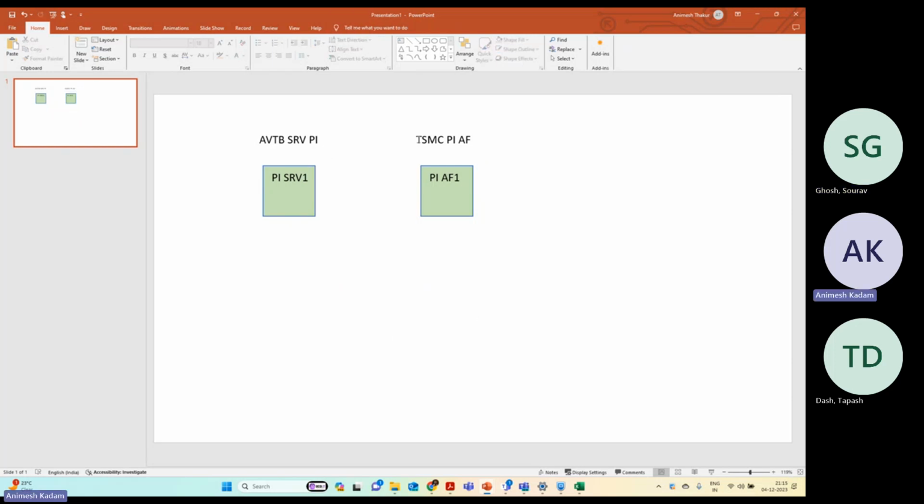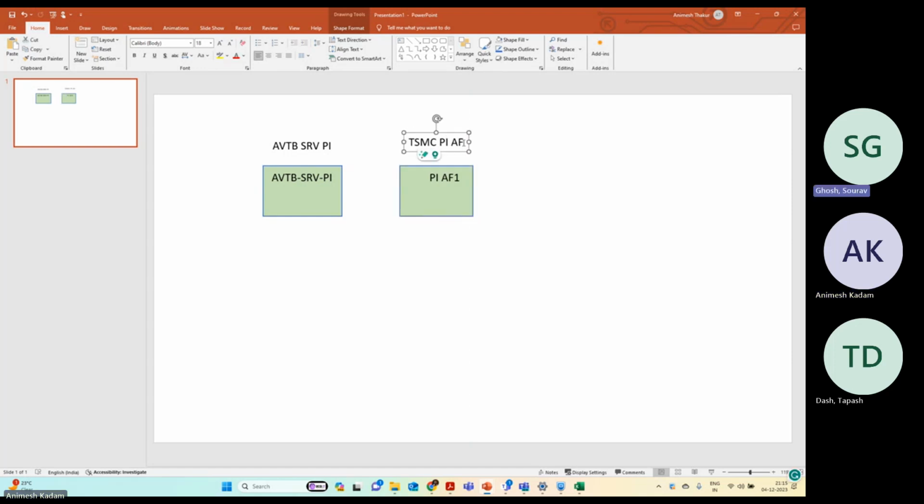हाँ, तो मेरा क्या है, बताया क्या, इसका होस्ट नेम सेम है, AVTB SRV पाई। इसका होस्ट नेम और मेरा पाई सर्वर का नाम सेम है, ठीक है। इस कंडीशन में, लेकिन मेरा जो AF होस्ट किया है मैंने, मतलब इसमें जो है आपका SQL सर्वर है, यही ना? हाँ, तो AF सर्वर में हमारा SQL सर्वर है।